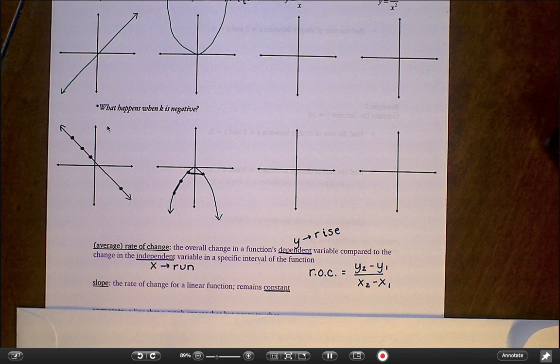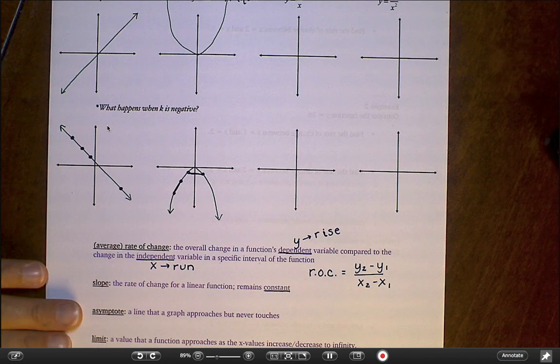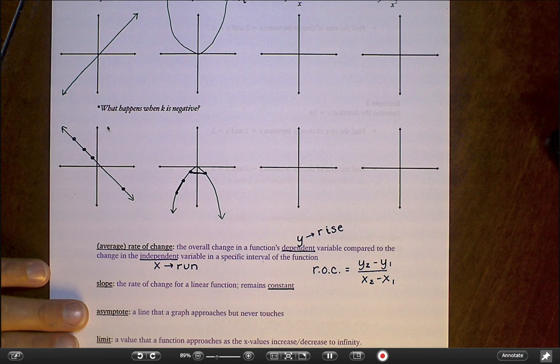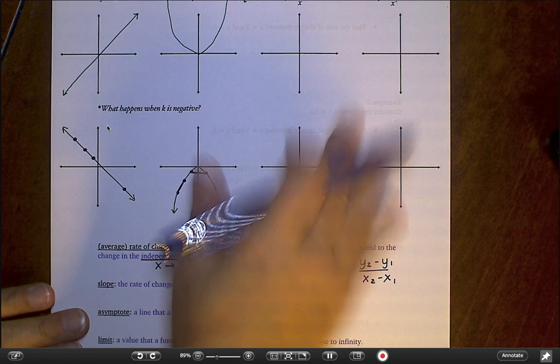So you can calculate rate of change from this point to this point, is the idea. You do have a couple other words here. You have asymptote and limit. Don't bother right now pausing the video and getting those written down. Those are things that are going to come up when we talk lesson 2.6. Okay? So for right now, I kind of just want to go on to this first example about calculating rate